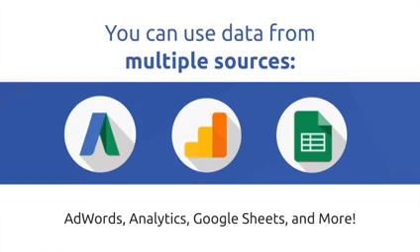You can pull in data from a whole bunch of different places. AdWords and analytics are baked in and very easy, assuming that you've got access to the AdWords account, including MCC accounts, and to the analytics account with whatever Google login you're using Data Studio with, then super easy to pull that data in. You can also pull data from Google Sheets very easily, and that's how you get the Facebook data in. You can't hook into Facebook directly yet. Who knows? Maybe one day that'll